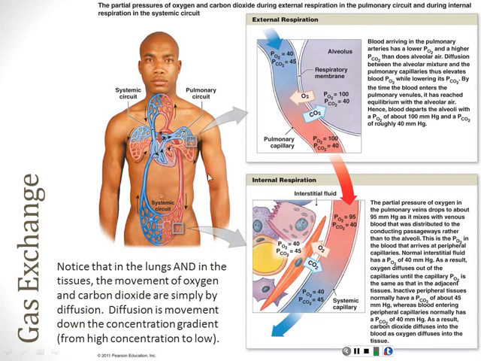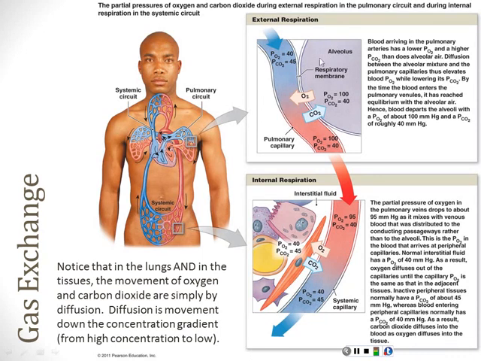So by looking at these two spots, an area of lung and an area of tissue, we can see what we call gas exchange, or the movement of oxygen into the blood and then into the tissues, and then the movement of CO2 out of the tissues and then back into the lungs where it can be exhaled. All right? So this whole system